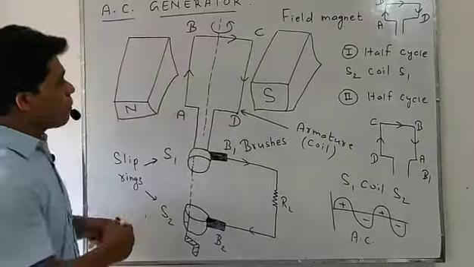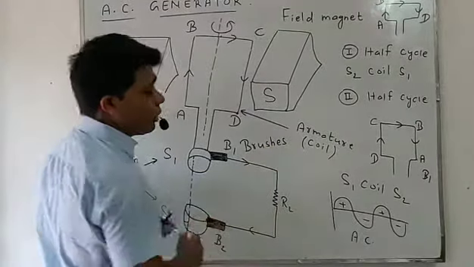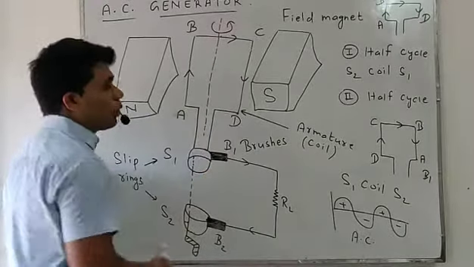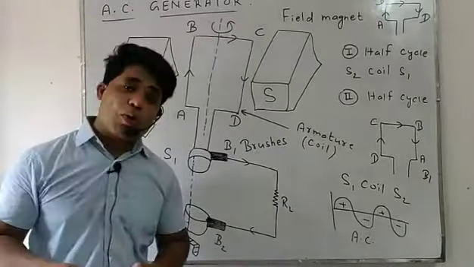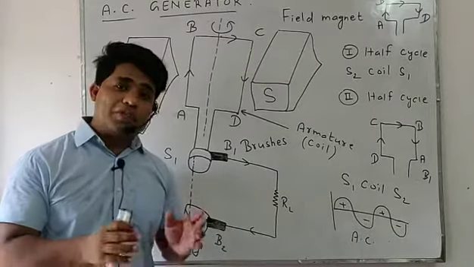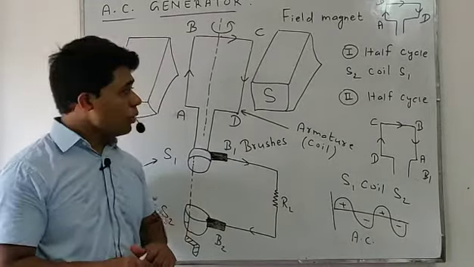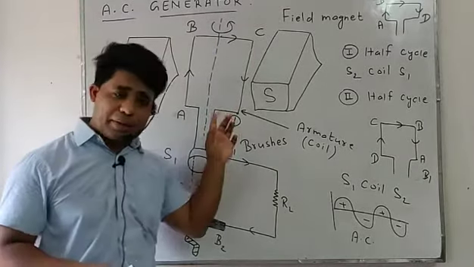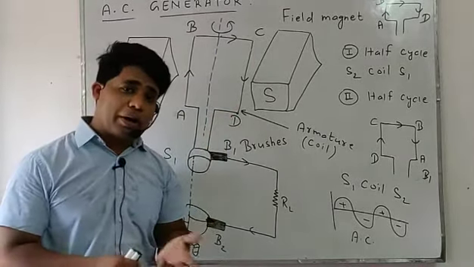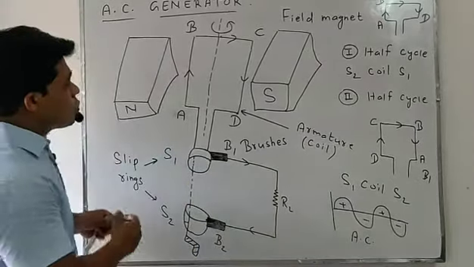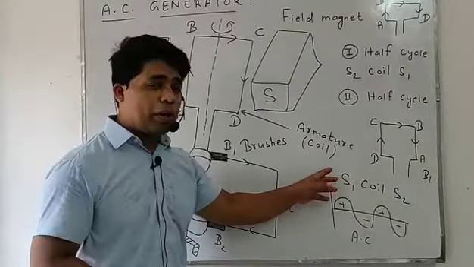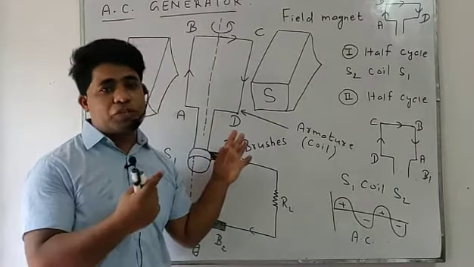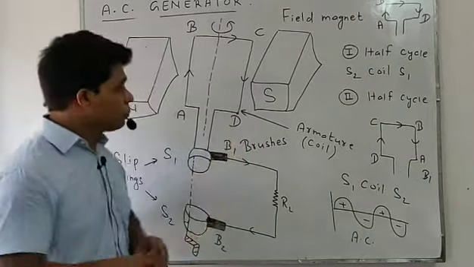This armature coil consists of a rectangular coil A, B, C, D having a large number of copper turns, okay, that are well insulated from each other, and the coil is laminated in order to avoid the energy loss due to eddy current. So our first portion is the armature coil A, B, C, D. It is made by a soft iron core on which copper wire is wound.